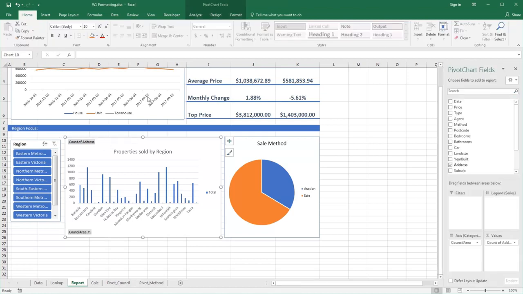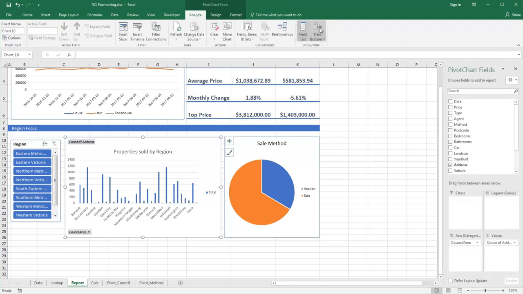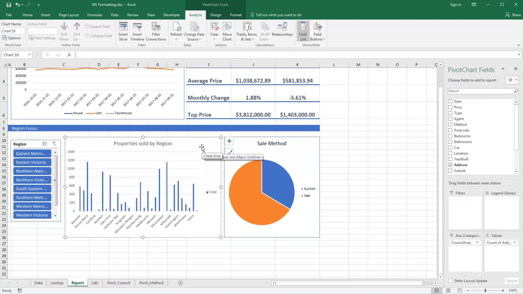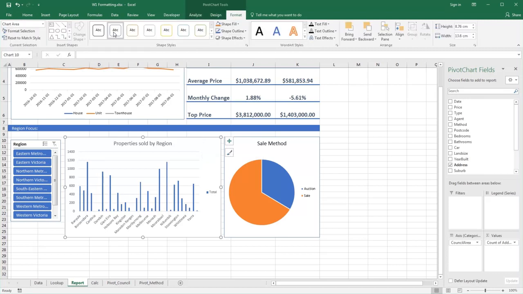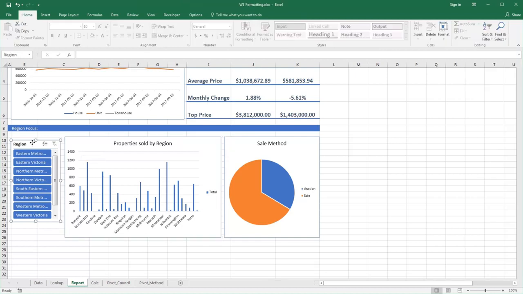If you come up to your Analyze tab, turn off the field buttons, and you actually get that much more chart space. And of course, with our chart, you can also come to the format and you can add a nice border. And then with this slicer, I'd like that to be the same height as the 2 charts and nicely lined up. If I select my slicer and the chart to the right of it using my Shift key,